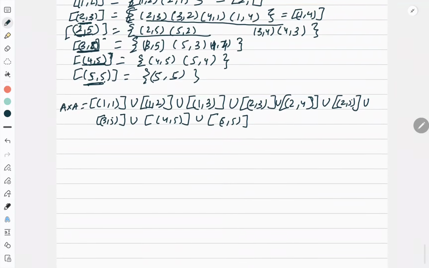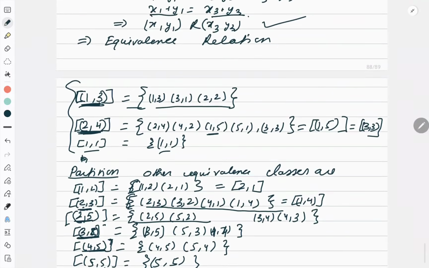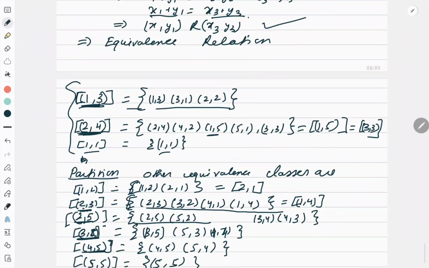So this is how you have to do the question. The questions are easy, the topic is easy, it's not complicated, only the words are different, and sometimes you have to put in extra effort when it is a theoretical question. Remaining, it is very easy. I hope you understood the concept.